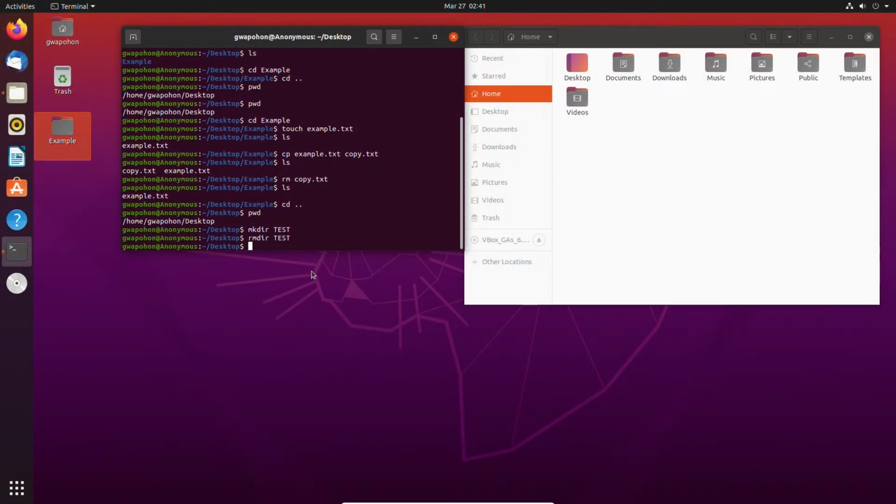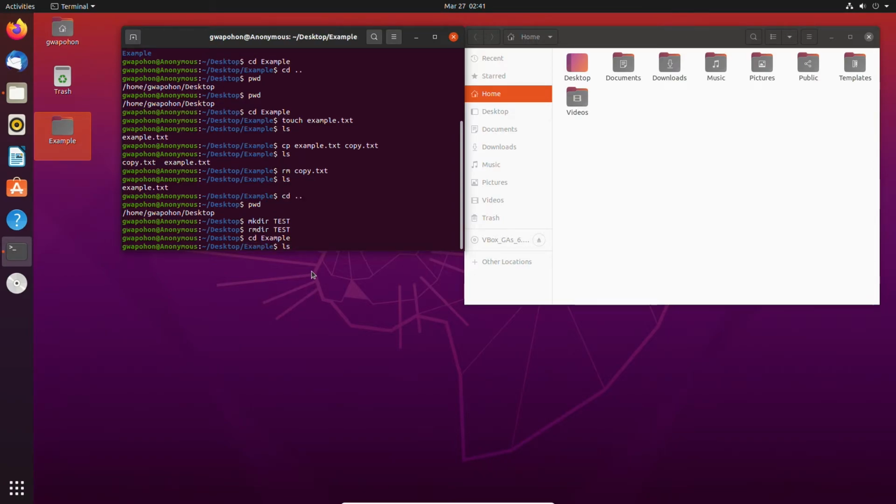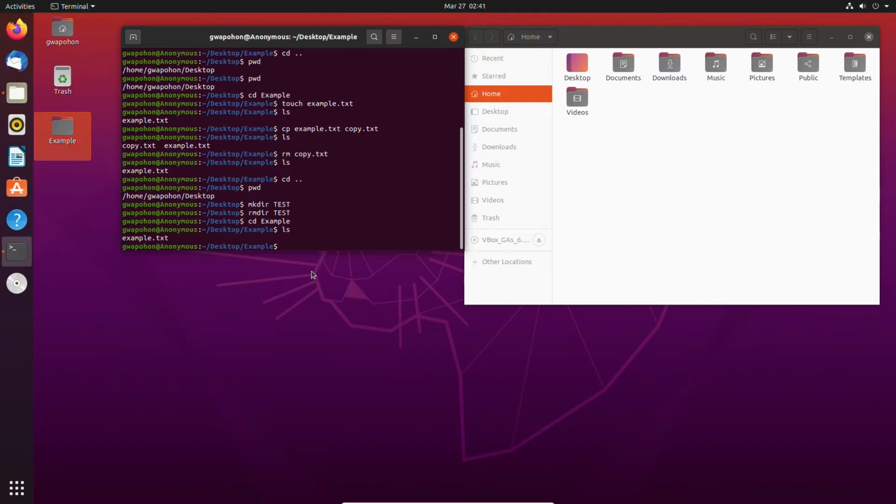Next is the mv command. It stands for move, and it basically helps you to move files. Let's say, for example, you want to traverse to the example directory. So cd example, and then type in ls to check the files there. So we have example.txt. If we want to move this example.txt to the desktop directory, we are just going to type in mv, and the file name of the file that you want to move, example.txt,